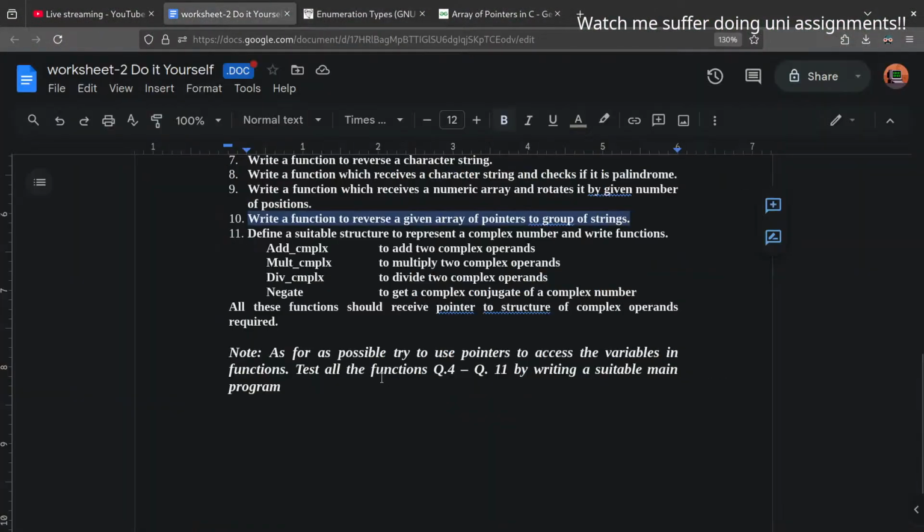I forgot about one thing. As far as possible, try to use pointers to access the variables. Well, I did use pointers for most of that, but